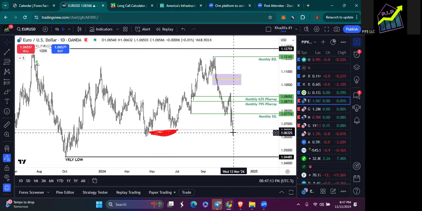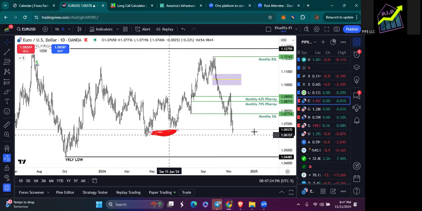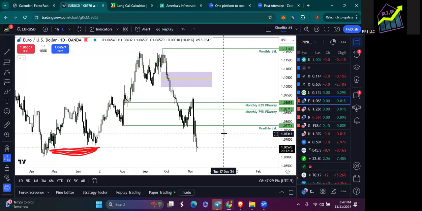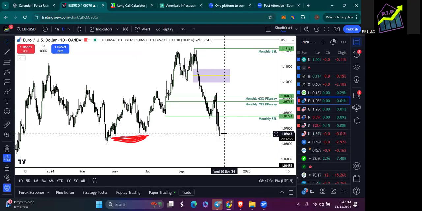So it's nothing for me to do now but sit on my hands and let price show me and tell me what it is that it's going to do next, right? So taking a trade now, right? If I was to take a trade out of Euro USD, I don't trade currencies no more. You guys know that. I go over currencies for my students, for my paid subscribers, and my YouTube followers, right?